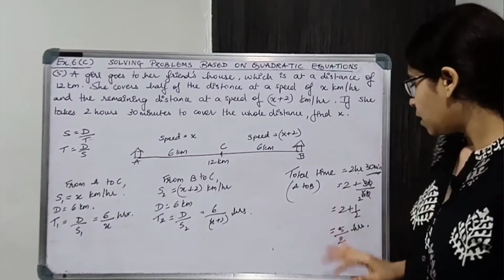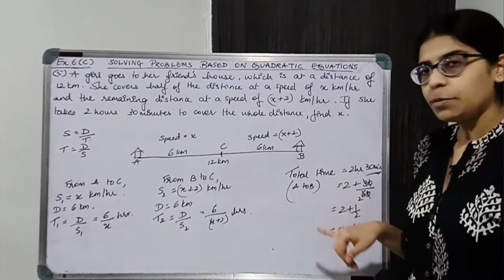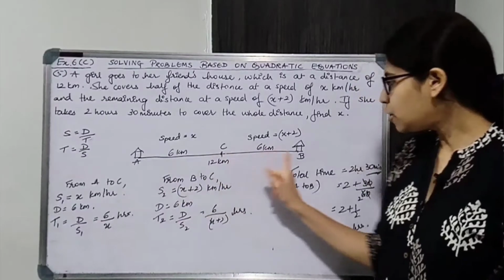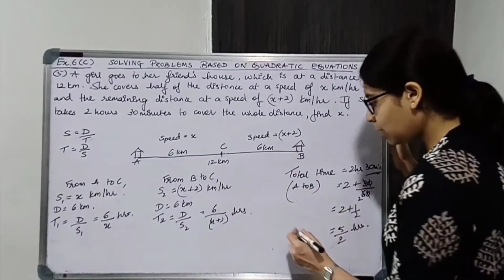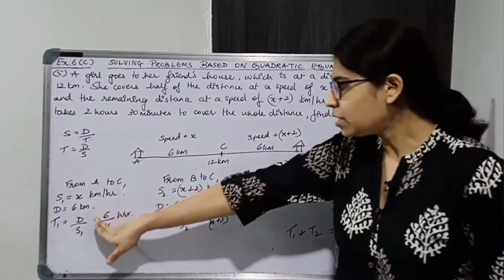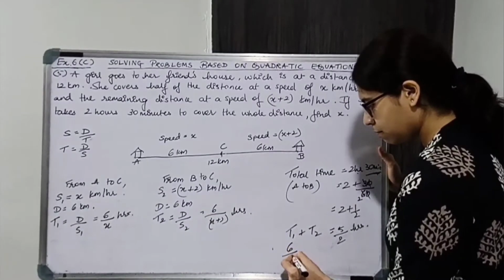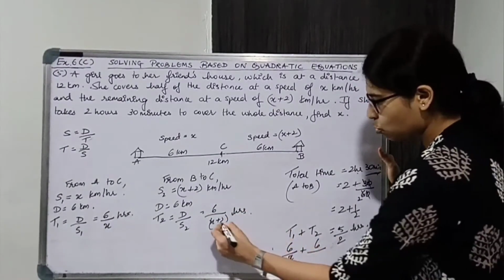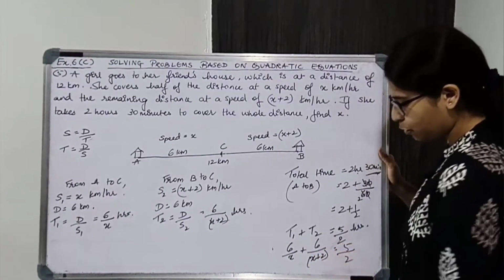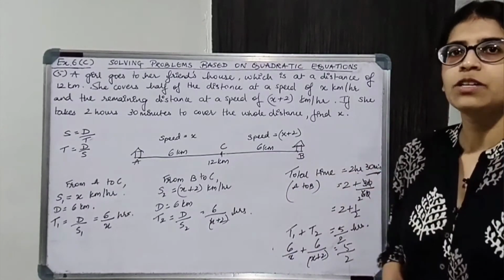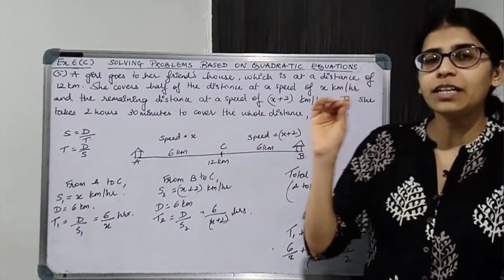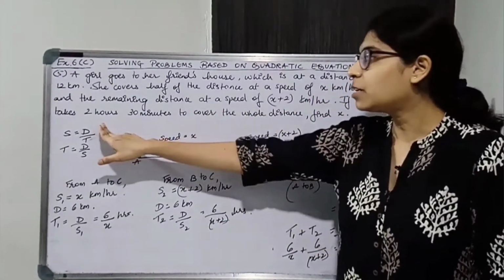All right. So this is the total time taken, but A to C the time taken is this, and C to B the time taken is this. So T1 + T2 I can say is equal to this, right? So T1 is 6/x, T2 is 6/(x + 2), is equal to 5/2. You just need to solve this, okay? So it's easy. The only thing is यहाँ पे time difference नहीं दिया है. The total time is given. So read the question carefully. Whole distance cover करने में इतना time लग रहा है.